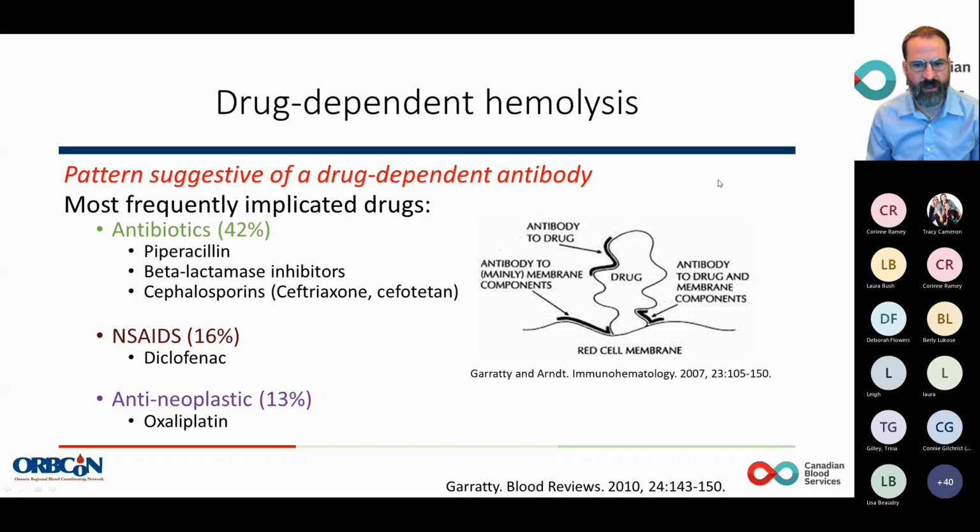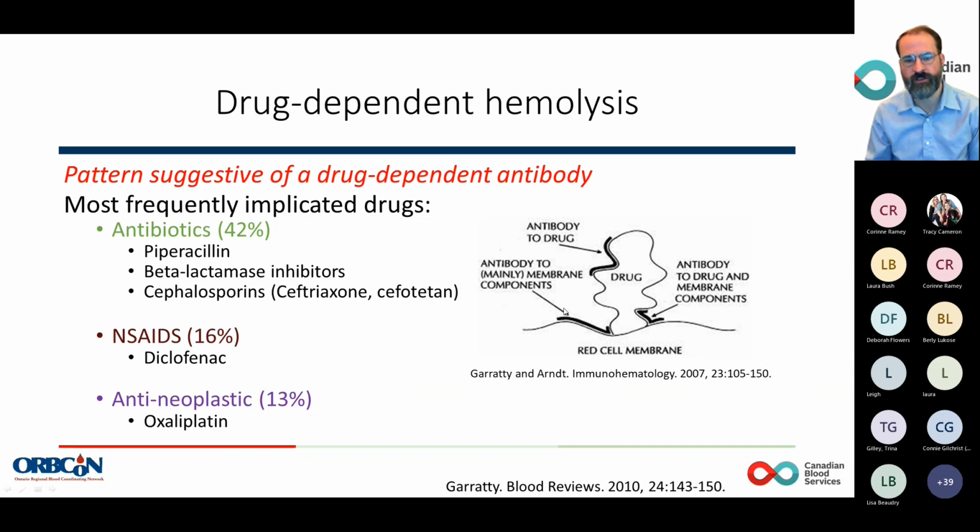And just as a reminder of how these drugs can cause this and why they're drug-dependent, and why we would be seeing this kind of pattern where the screen is negative, but the patient's own cells are reacting with their plasma. It goes back to this idea that these are drug-dependent antibodies, and so the antibodies that are there need the drug to be present coating the patient's RBCs in order to react, for most of them. And so that can happen if there's an antibody to a drug that's bound to the red cell surface, and the antibody is actually directed against the drug itself,